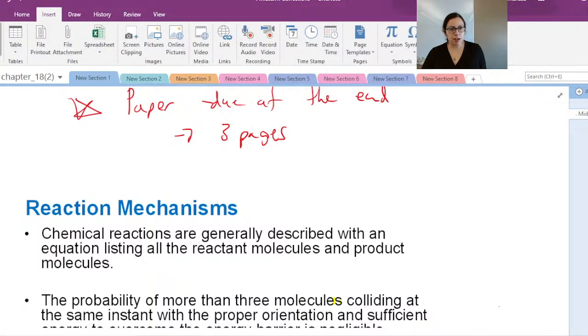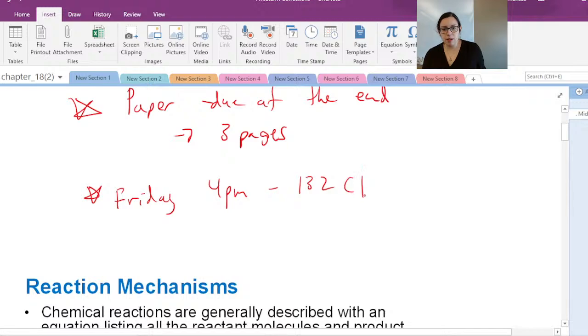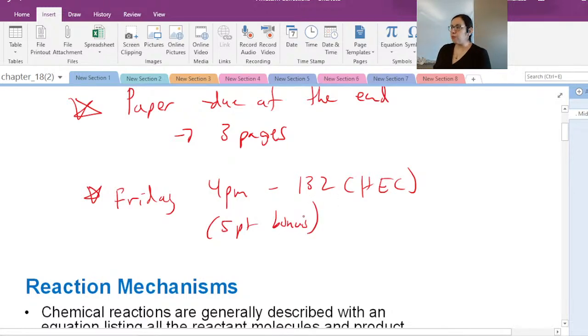And then don't forget about the talk this Friday for extra credit that Tony Cremo set up. There was a flyer around here. But I believe it is Friday at 4 p.m. and it's going to be in 132 HEC, so the big lecture hall. And I think there'll be snacks and drinks again. It's generally what they've been doing. And again, I'll give 5 points of bonus. And I'll also make sure that it's recorded in some fashion. I don't know if it'll be on my YouTube, but I'll still be helping record it, so it'll be somewhere. So we'll get that link up.